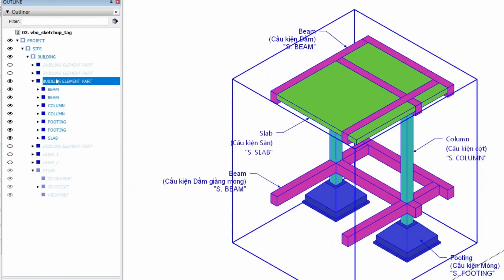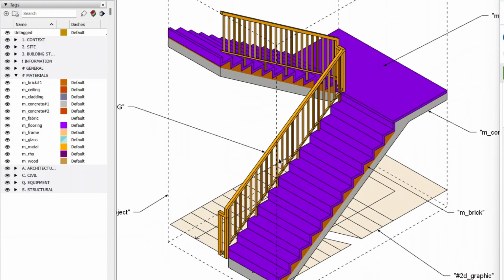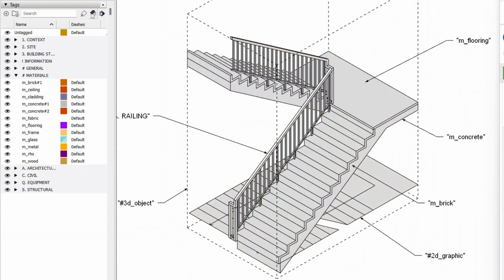This is the structural group, and you can see all of them. So VBO has a thing called VBO reports, where they can also extract information for BOQ. Now that we're done with the main building elements, let's dive into these hashtags: materials, general, and information. Materials, as you know, because they are colored by tag,